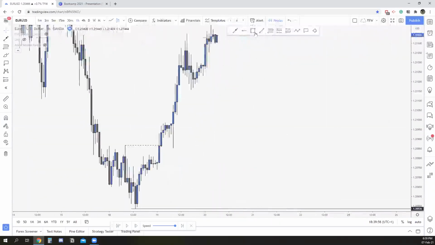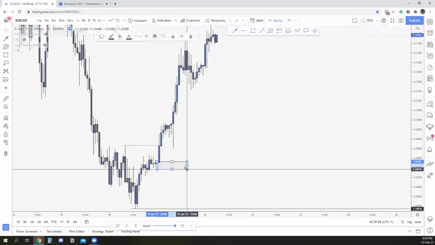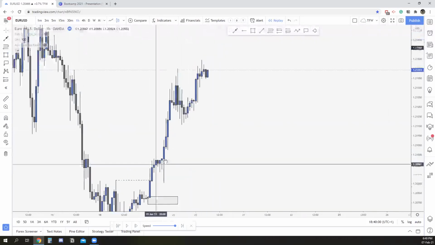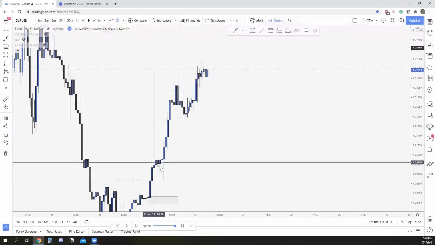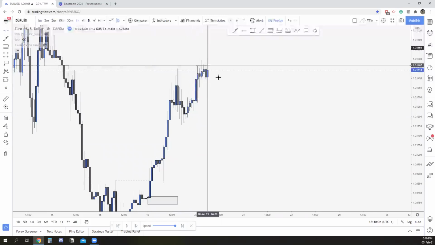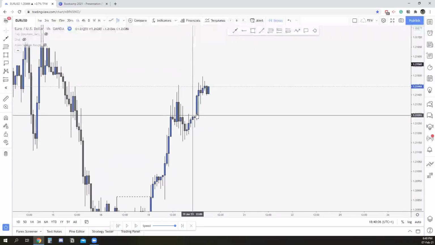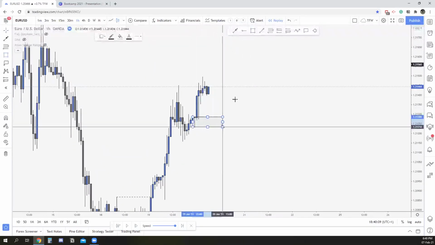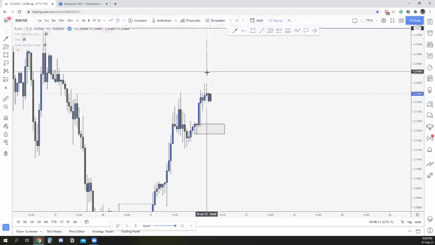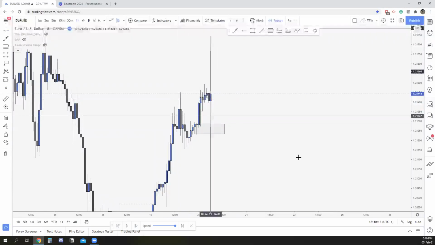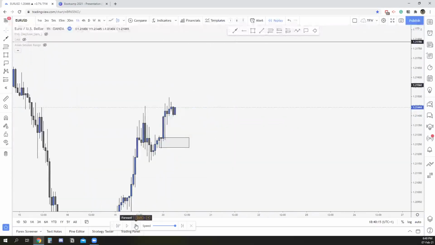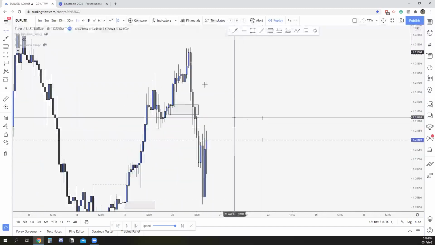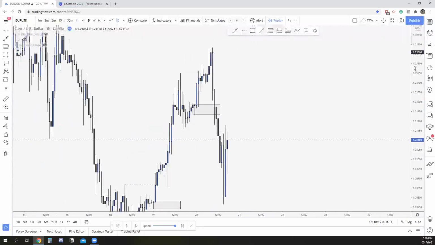On this situation, I believe I was looking for this OB to get tapped. It missed it. It pushed higher. Then I was looking for these OBs to get tapped. It didn't tap, pushed higher. Then what I can do is look for this one. But you can see that we're already getting into the area that we want to sell. So as long as we cross above the 50%, we no longer want to be looking for buys, right? We start looking for sales, because you can see the market is going to reverse eventually.